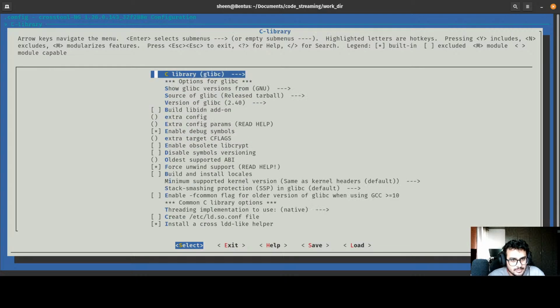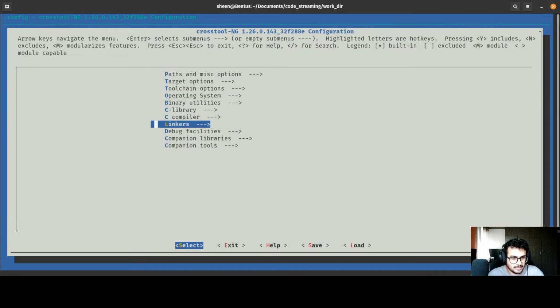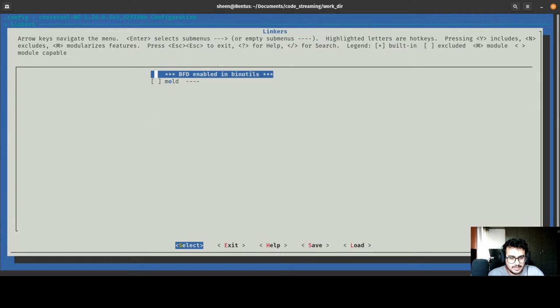Okay, C compiler, glibc. Okay, I'm just going to leave all of it in